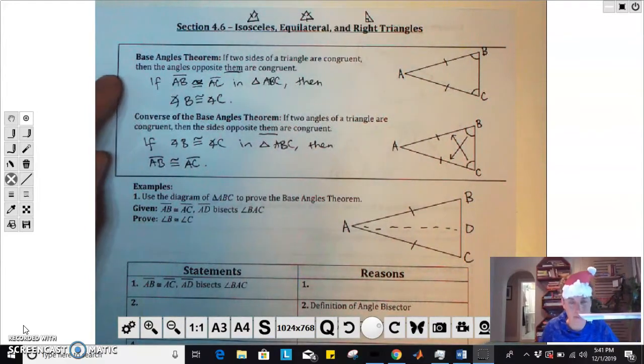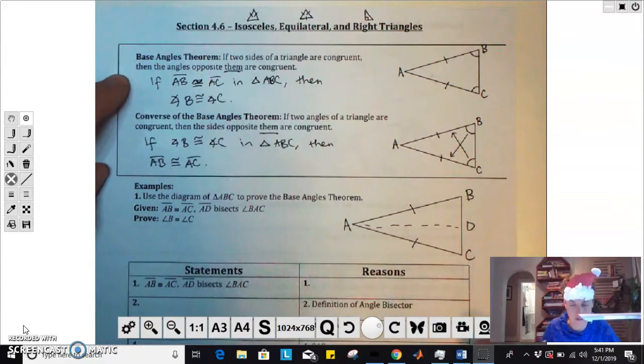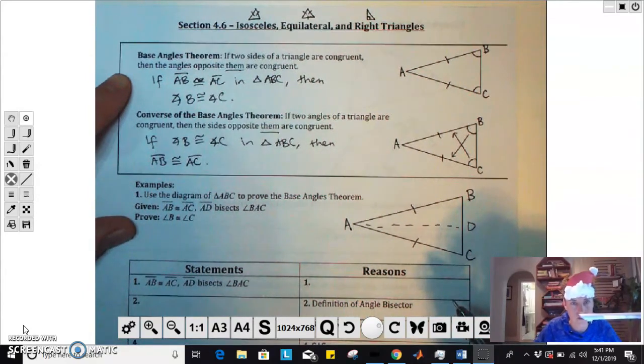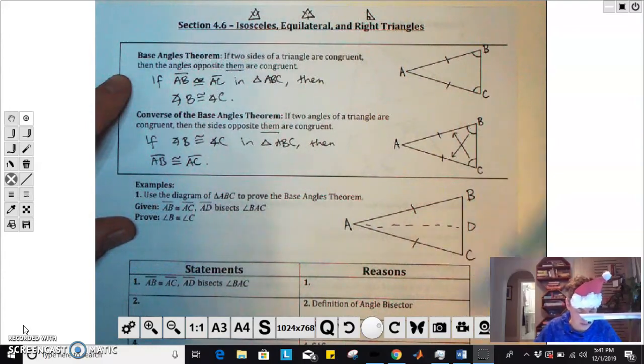So we proved this by measuring it previously. Hopefully you did that activity where you measured these like I asked you to. If you didn't, shame on you, go back and do that. But we're going to prove it together